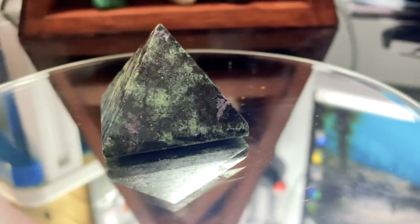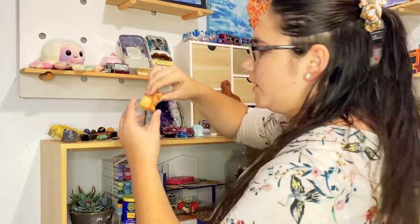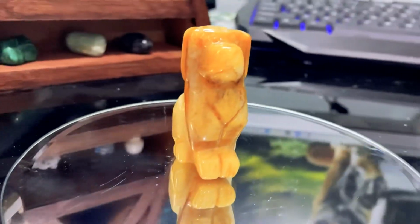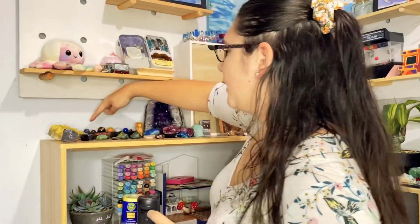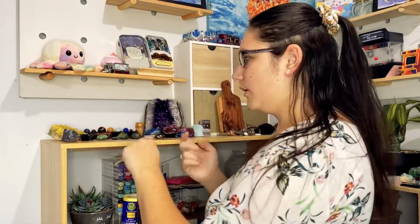I also have the ruby zoisite in the pyramid as well. Then I got this one, which is just a little honey calcite doggy. He's like my little protector. The one in the back here, you've already seen the planets. That was in my last video if you've seen it. Otherwise, you'll see that when you click on the other